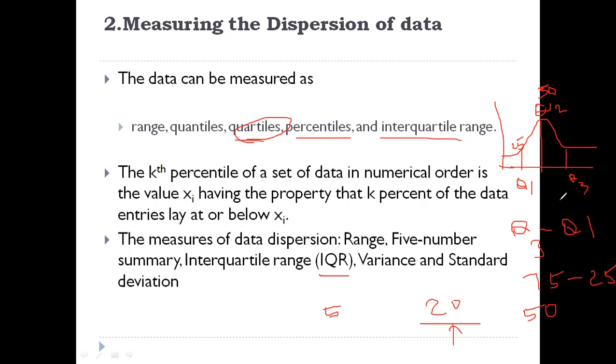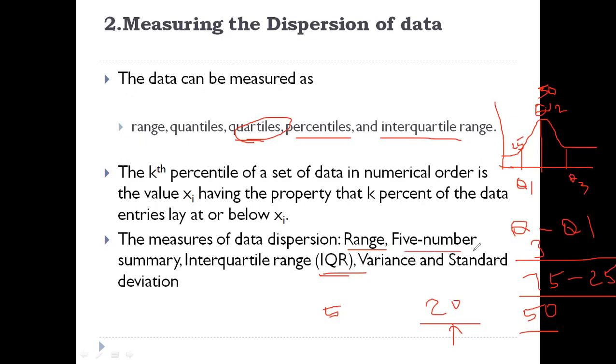Here you can divide the total data into 4 quartiles. After dividing the data into 4 quartiles, you need to calculate the formula Q3 minus Q1. Finally, you will get the result of 50. That is the calculation of IQR. Till now we have discussed range and IQR. Two remaining measures are there.